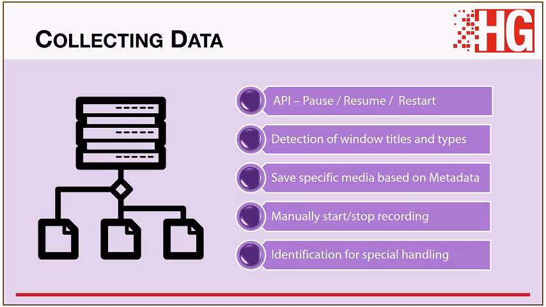We also, if a certain window title or type of window opens, for example, one that happens to have the title account information, can detect that within our screen capture, and that can cause us to not only stop screen capture but also stop the recording until the person manually restarts the recording. We also can save specific media based on the metadata. And for example,